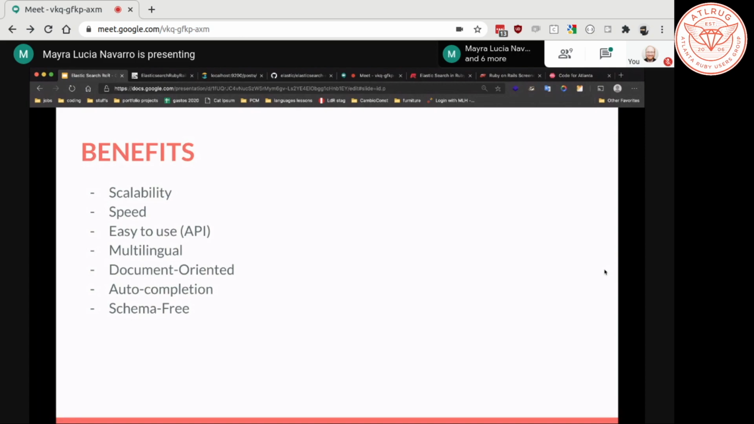Auto-completion, because when you try to write, Elastic also helps you predict what you are trying to find. And schema-free, this is something that I don't think is quite true in Elastic, because even if they don't use a schema, as with a relational database, you can find something that is called mapping. But well,